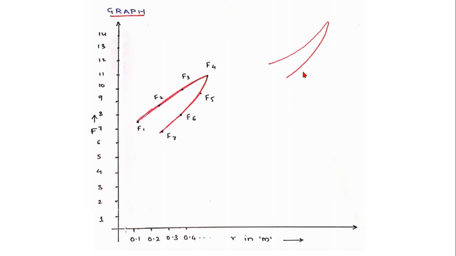The nature of curve will be in this pattern. Technically, the curve should be a single line because from F1 to F4 the path should be same as F4 to F1. But because of the hysteresis, we get a different RPM over here. That is from 10 mm to 20 to 30 to 40. The same RPM will not be from 40 to 30 to 20 to 10. So that is because of this hysteresis which is developed.